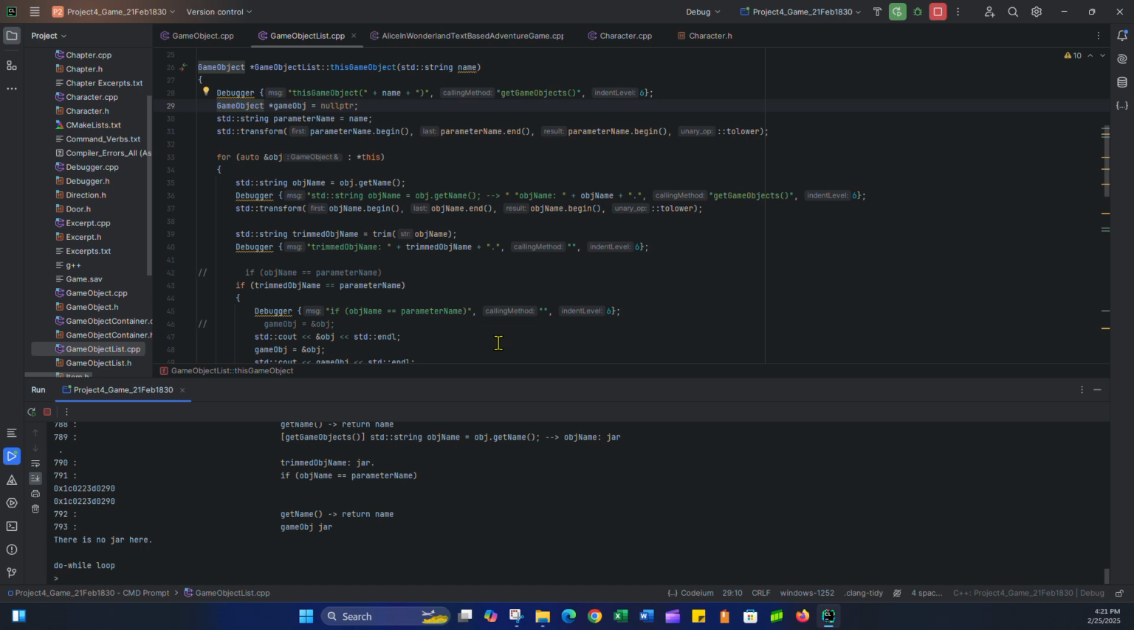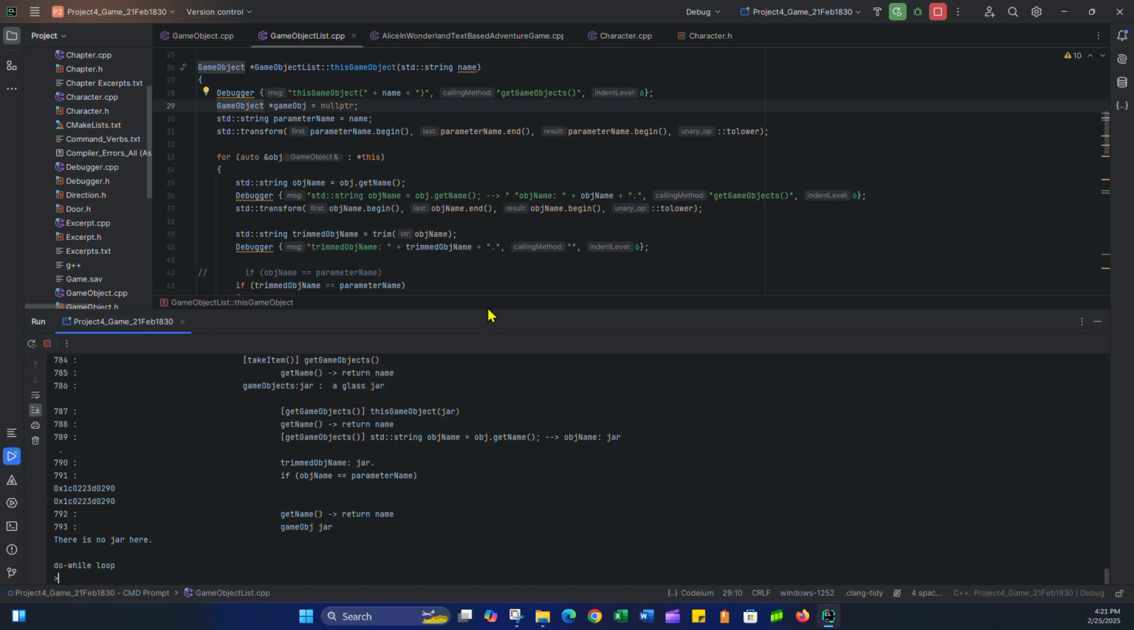whole code, because everything has a location: a character has a location, the map has locations. So I had to change the signatures of a lot of the methods and different things. But that's all working now, as far as I can see, but I still have